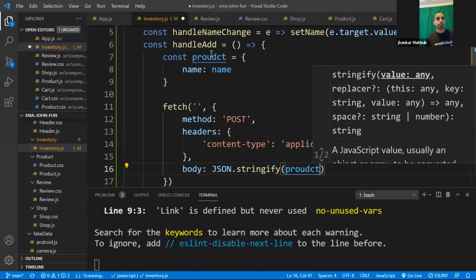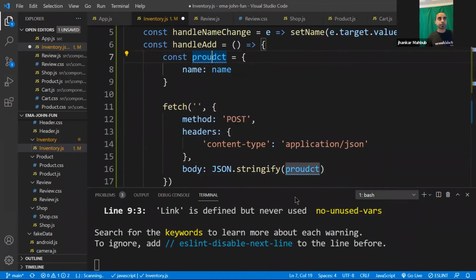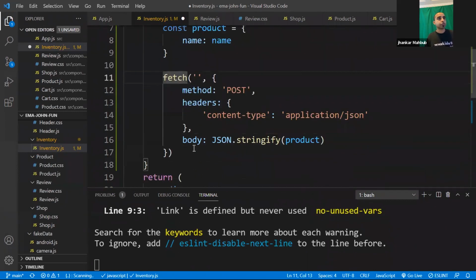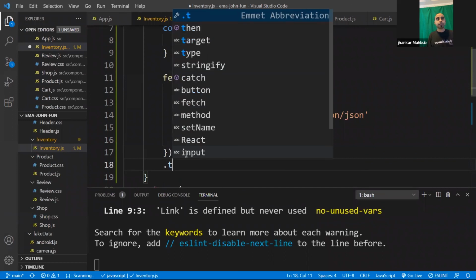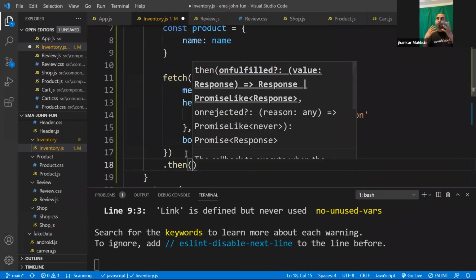So we have some spelling mistake here, so we'll fix this product. And then this will be going there, and the rest is similar. Whenever you send a post to the backend, it will give you some response: this is successfully submitted or not, or this is the product that we got, all this information.